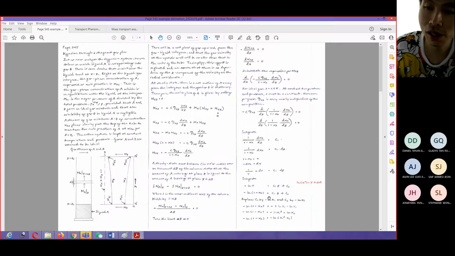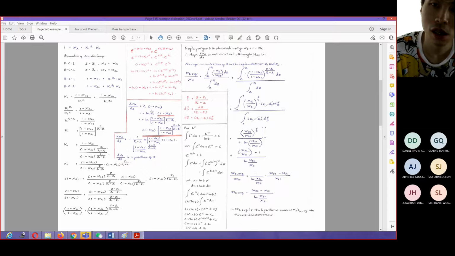If you follow the C1, you know that C1 has been equalized to minus ln K1. So if we just follow what we did in here, we continue again, then we know that our dXA over dZ in here is equal to this particular expression. And as you know, the dXA over dZ in here will be different for a different Z, because of the z term that appears in the order for this (1 minus xA2) divided by (1 minus xA1). So in essence, what we know is that dXA over dZ is a function of Z.